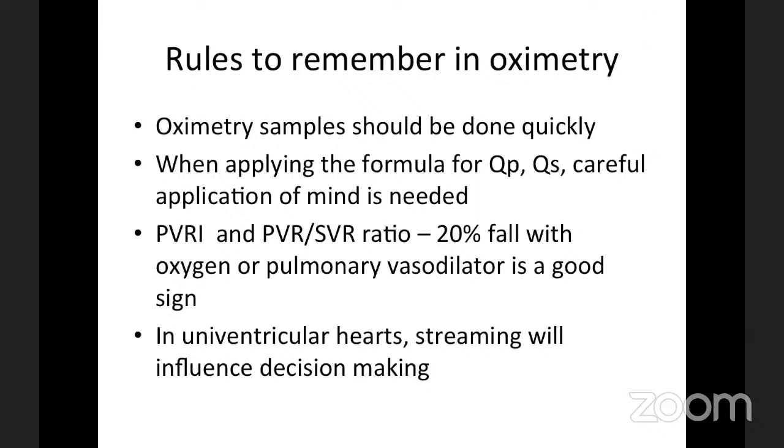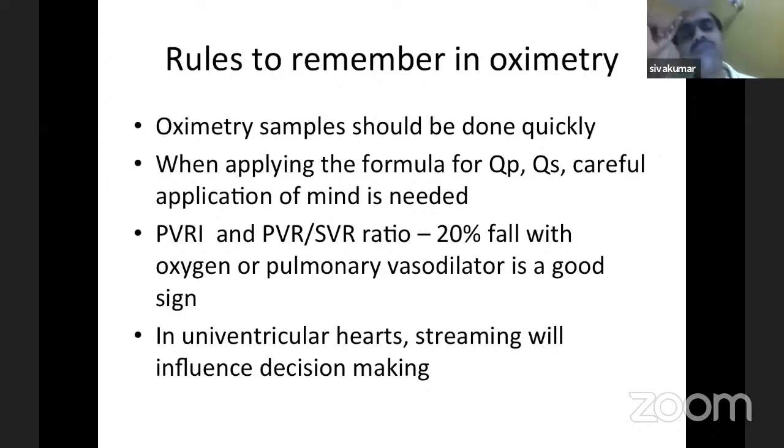What is the role of 100% oxygen, and what is the method of administering 100%? Yeah, basically I would say it as high flow oxygen. If you are going to be giving it with a face mask, and you blow oxygen at a very high speed, the current oxygen flow meters do not permit an oxygen flow of anything beyond 15 liters. If you go to the maximum permissible value of around 10 to 15 liters through a face mask, in general, the FiO2 will go up to almost around 60 to 70%.